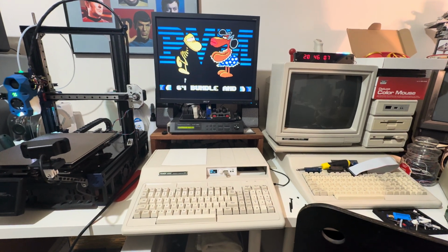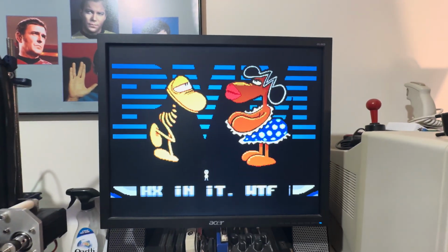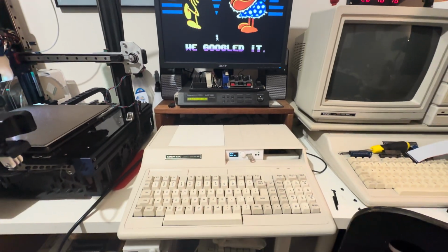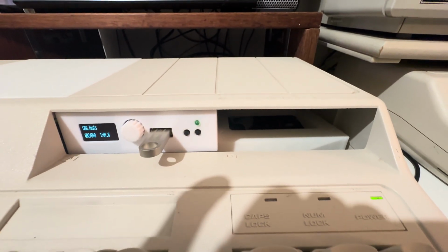My Tandy 1000HX lives again. This is the Tandy 64 demo. It's a bunch of 3D printed parts, including the drive tray and the GoTech drive